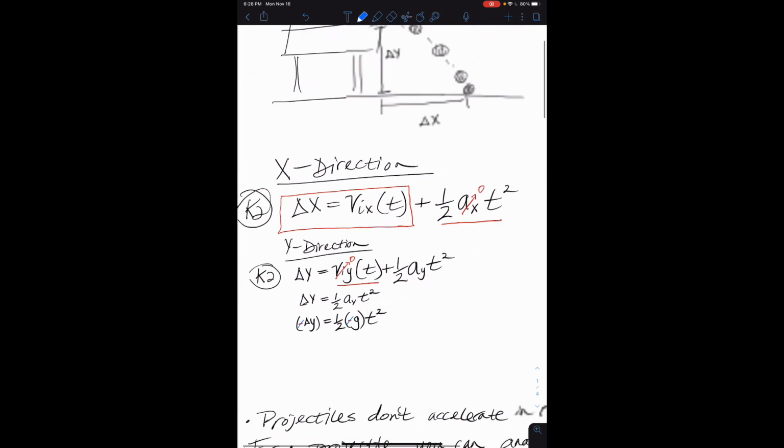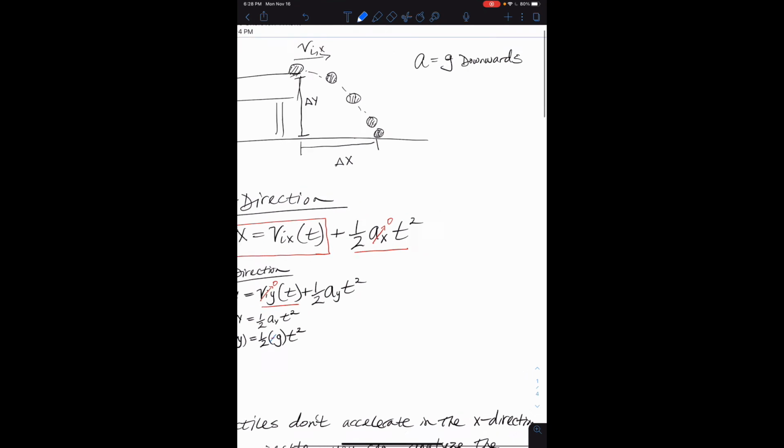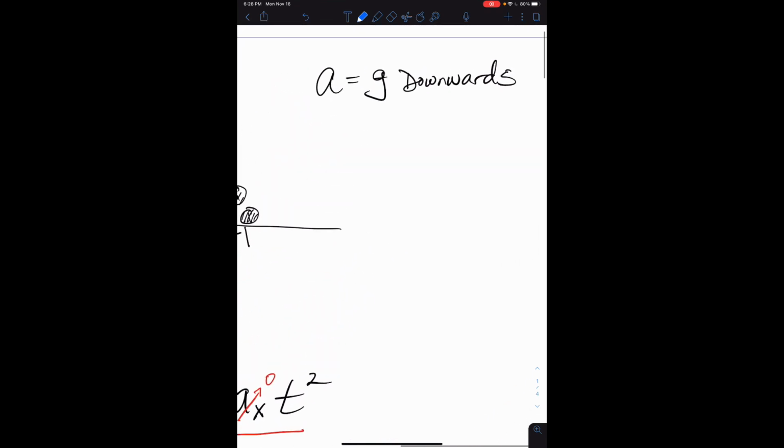So we're not worried about this negative sign or this negative sign because they're going to cancel away. Why is delta y negative? That's the one that I always thought was a little trickier to talk about. The reason delta y is negative is because if you think about what delta y means,